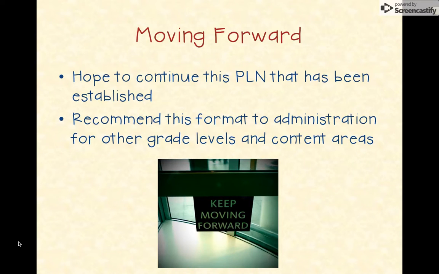So I'm working on a presentation for them at this point so that I can share the results of this project so that they can see how effective it has been and how it's changed our teaching practices a little bit, more so than our previous sit and get professional developments, because we are required to have 4 hours of professional development in technology integration per year.